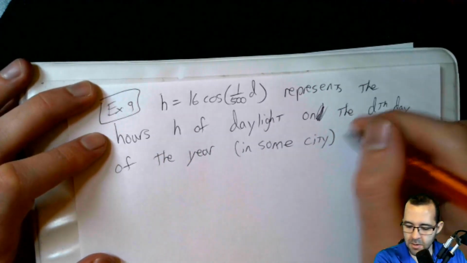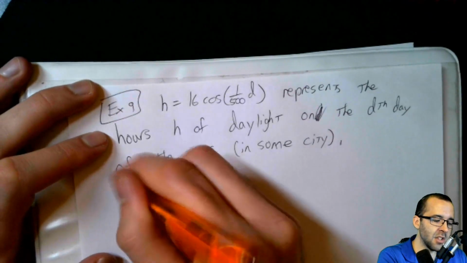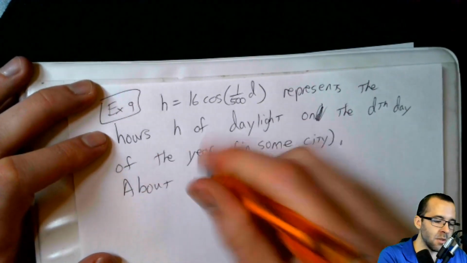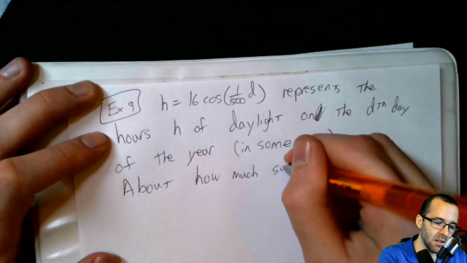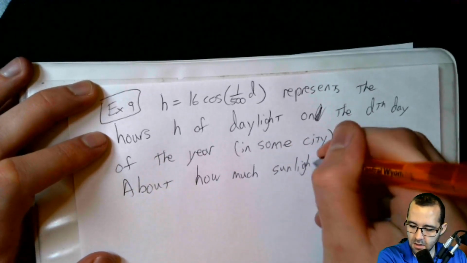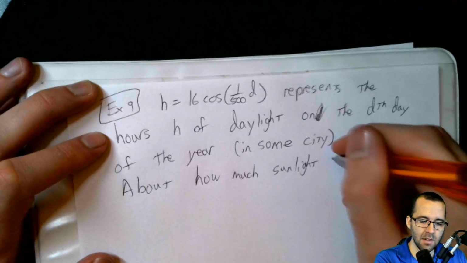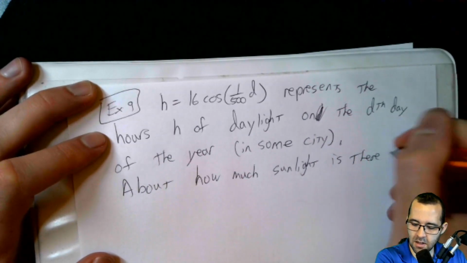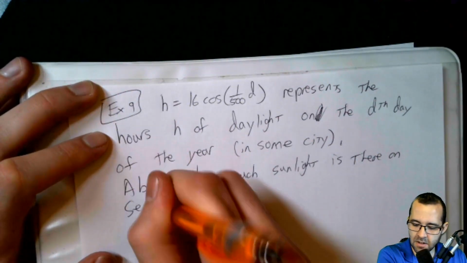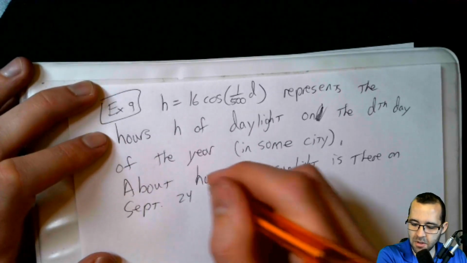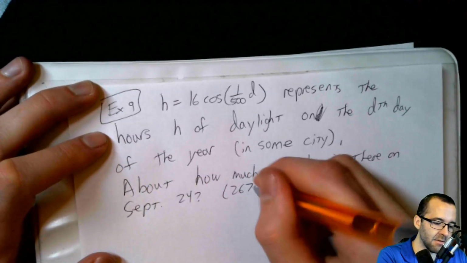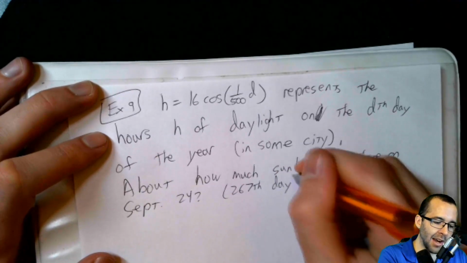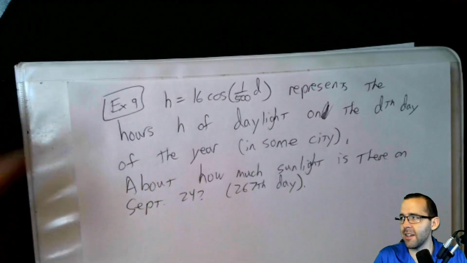So in this city, it can be modeled like this. So the question is about how much sunlight is there on September 24th? And that's the 267th day,